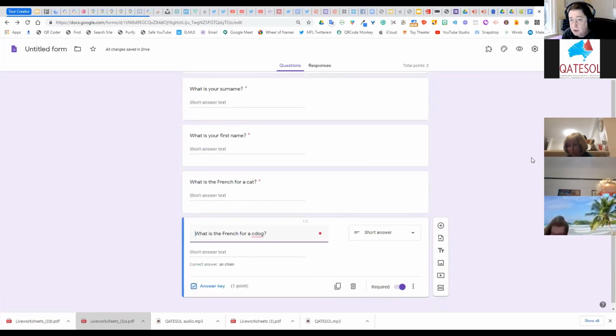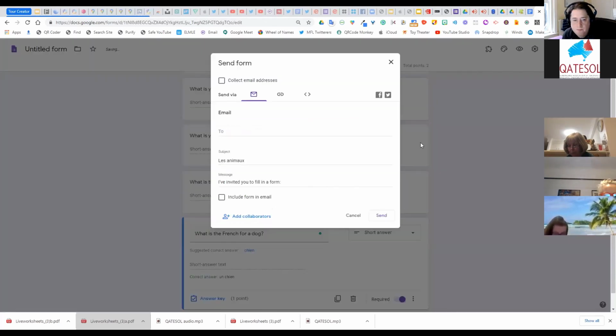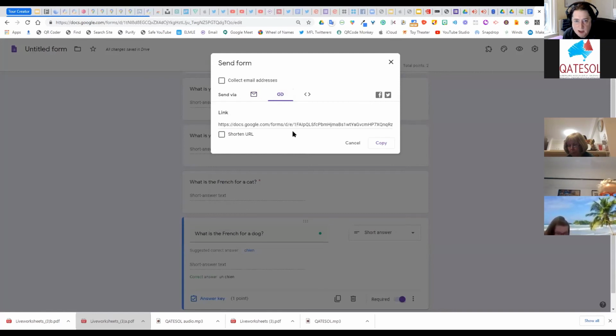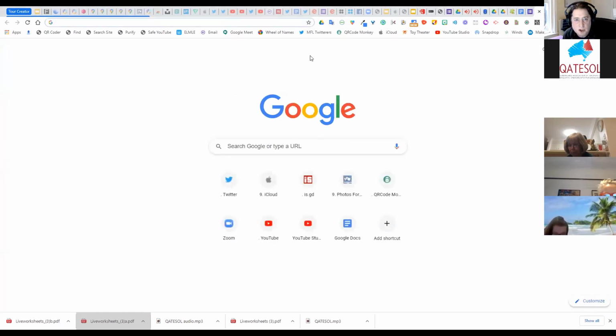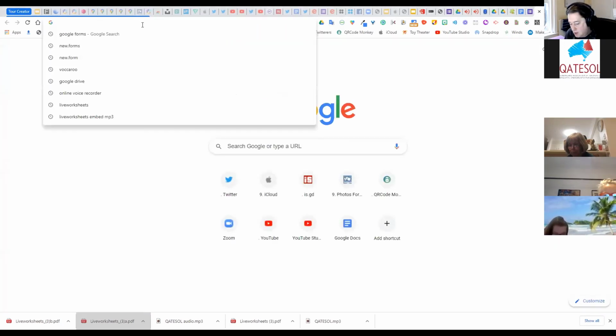So now I'm going to click on the send option here. Making sure I spell it correctly. Okay, I click the send option. I then click on the link here where it has the URL. You can then click shorten URL, click copy. And then if I post this in the chat, if you'd like to, you can all have a go at creating this live. If I just show you how it works, if I click here,